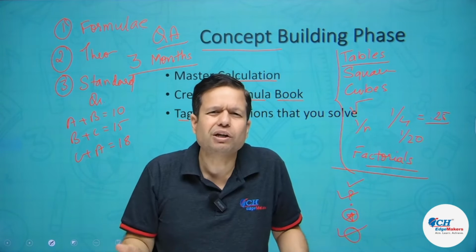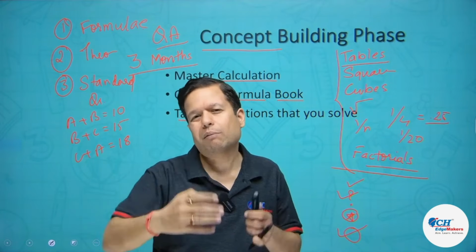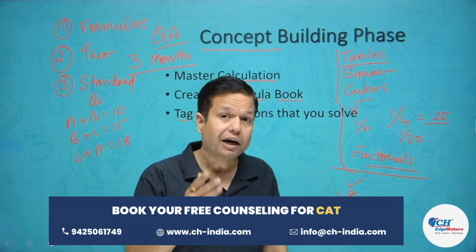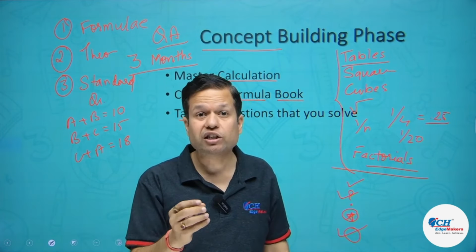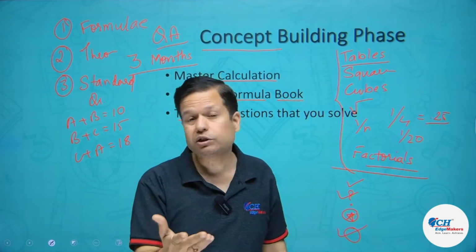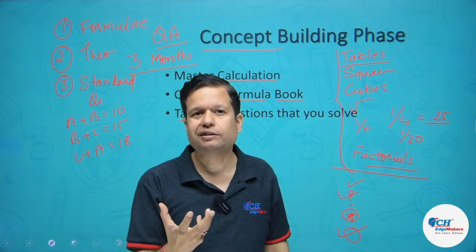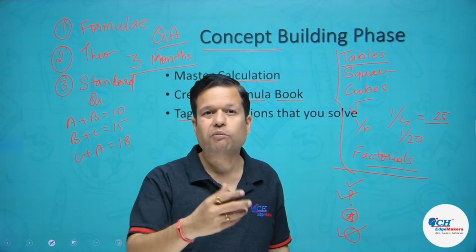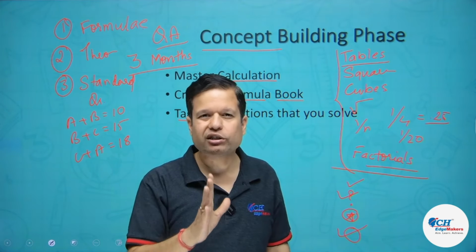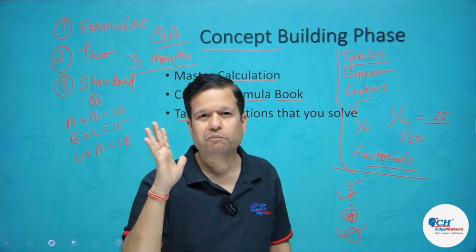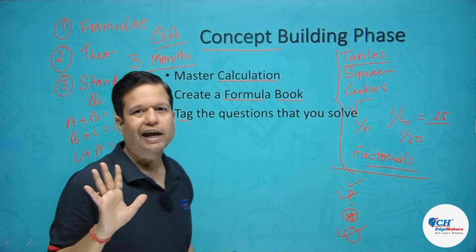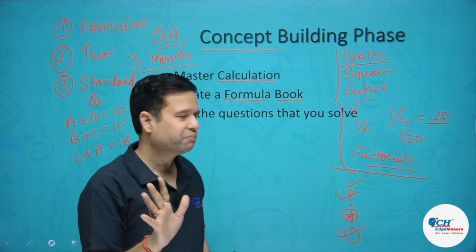Although it is not possible in VA, let's say you have solved an RC. Solving an RC again would probably be a waste of time. But in QA, if you solve that question again after a month, or after 2 months, you get lots of insights. You are able to see some shortcuts. You are able to see a different approach. That's why resolving a question in QA is important. So whatever you solve, tag it. That would help you.